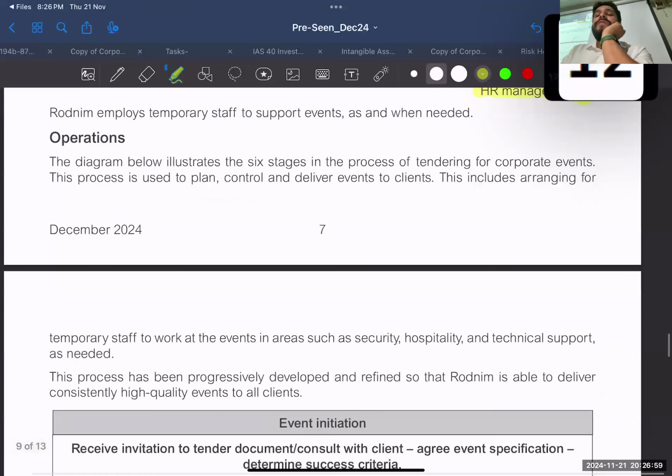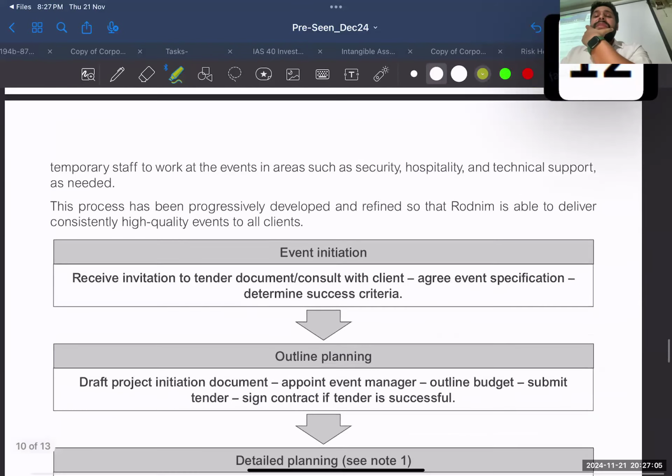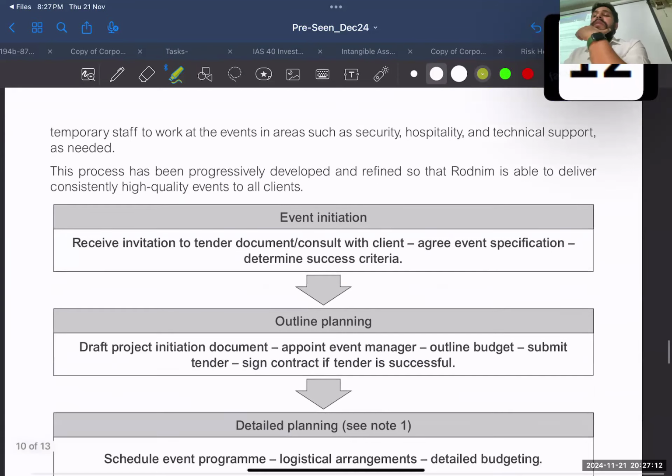These include arranging for temporary staff to work at the event in areas such as security, hospitality, technical support as needed. This process has been progressively developed and refined so that Rodnim is able to deliver consistently high quality events